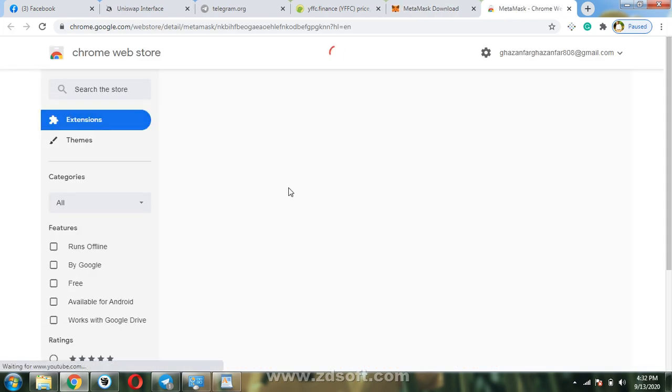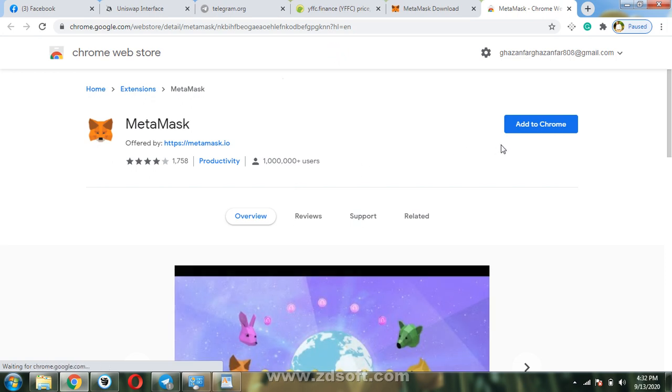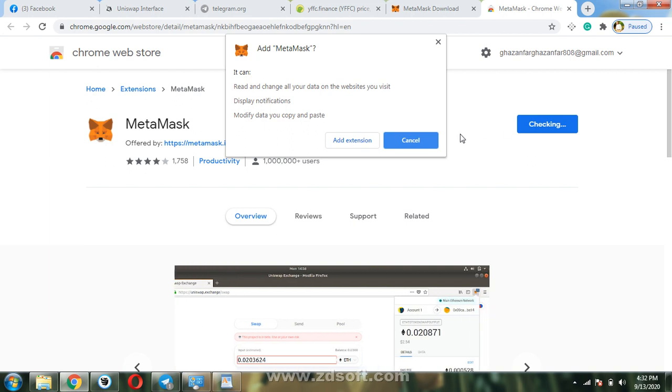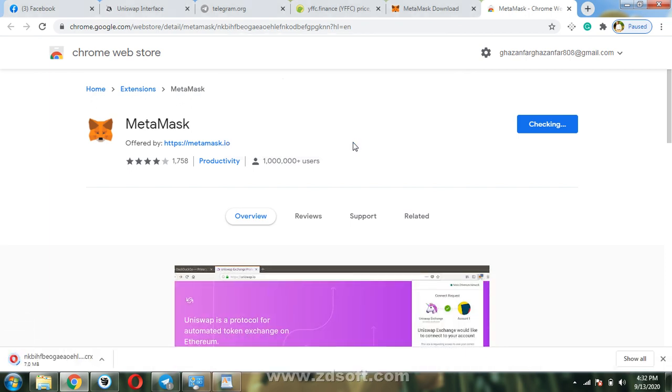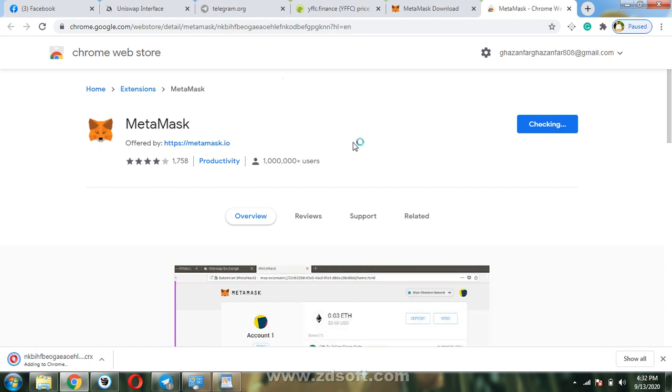I go with Chrome. After this you have to click add to Chrome, and you will get this pop-up notification. So add extension. It will take some time to download for you to use it.